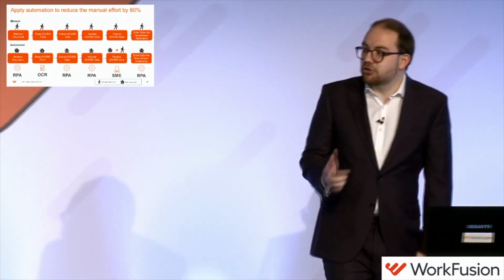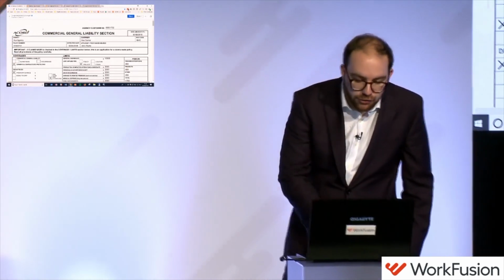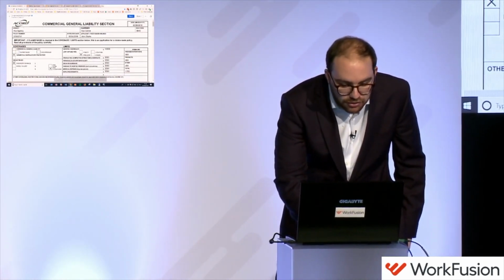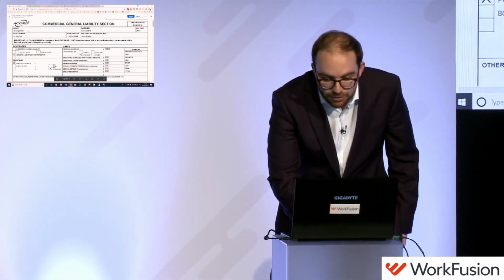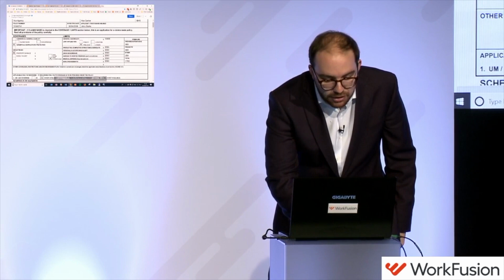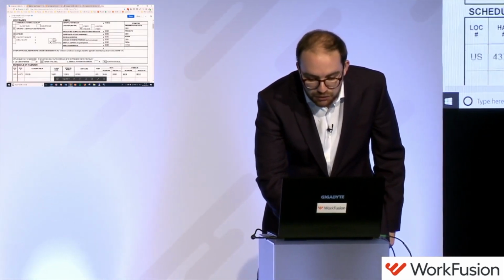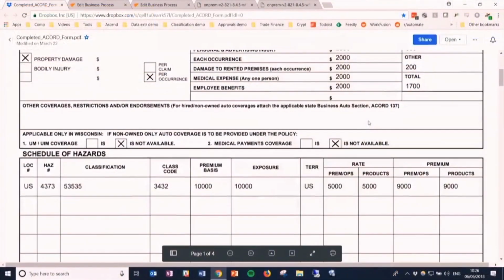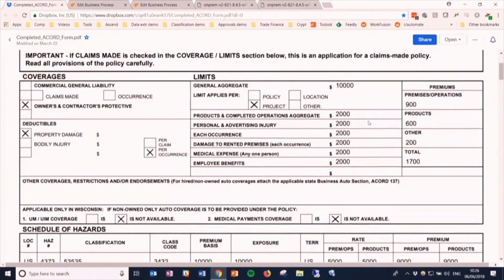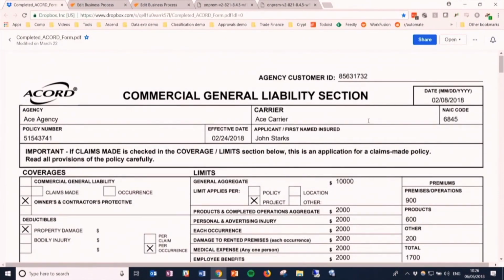Okay. So I'll now just show you what that looks like on the software. So this is an Acord form, and as you can see, it's very, very structured. So the agency is always going to be in the top left. The carrier is always going to be there. There are specific checkboxes, specific columns for where you want to put the values. And this form is the same for every single insurer, and for this particular case, it's the same form every single time. If the form were to be more varying, then we would be looking at AI,